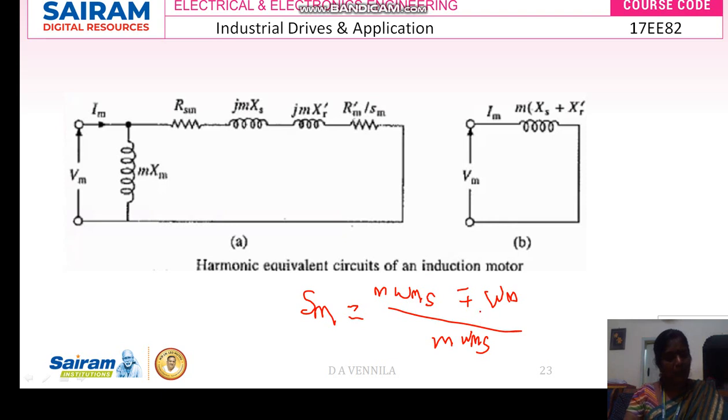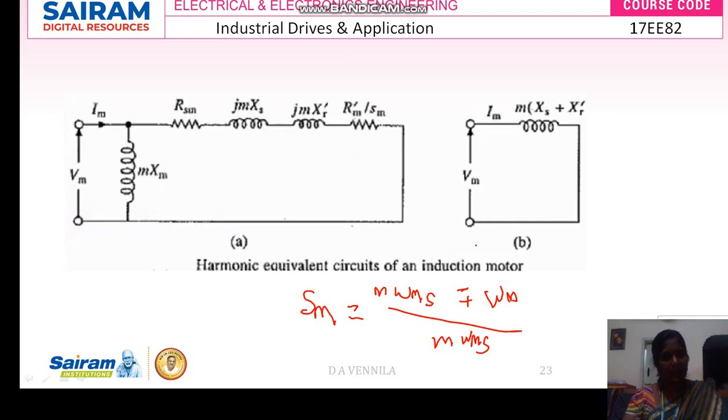Why? Because the negative represents the newly generated field, and the newly generated field will be rotating in the same direction. That's why we are writing minus and plus instead of plus or minus. The newly rotating magnetic field is induced in the same direction as your rotating field, so I have written minus plus. And here I said what is meant by skin effect.